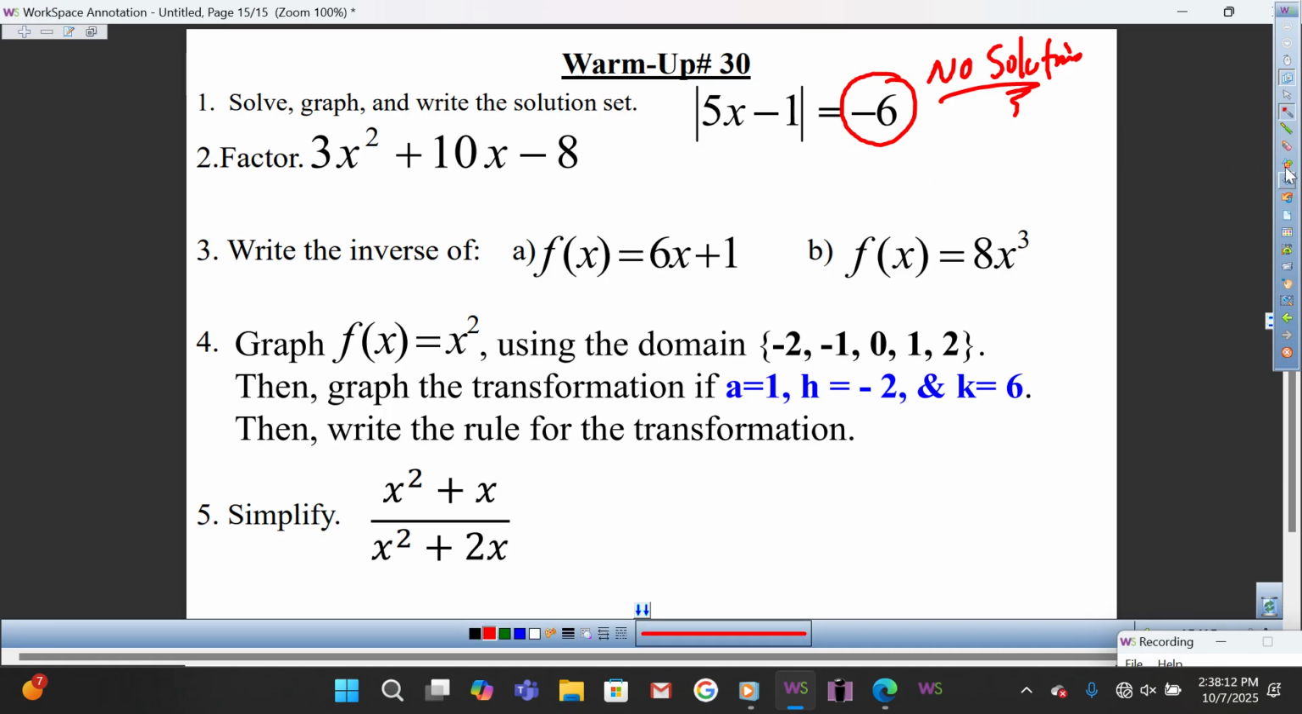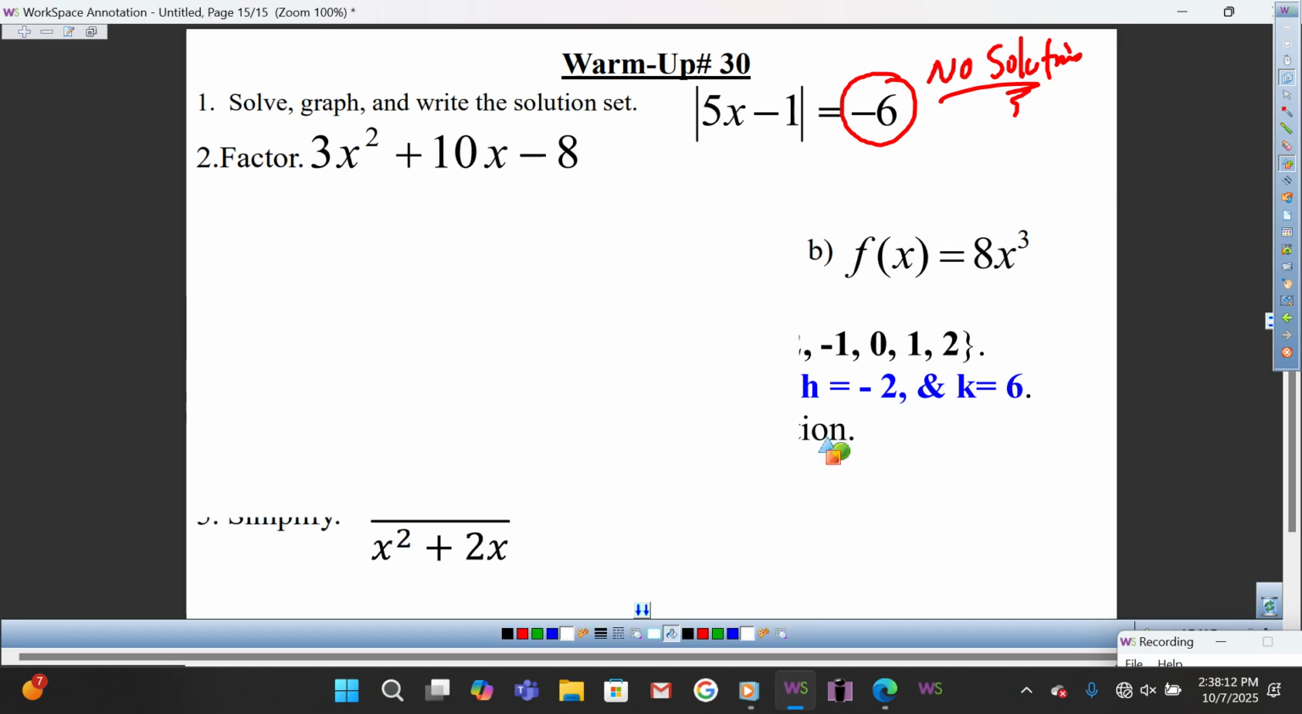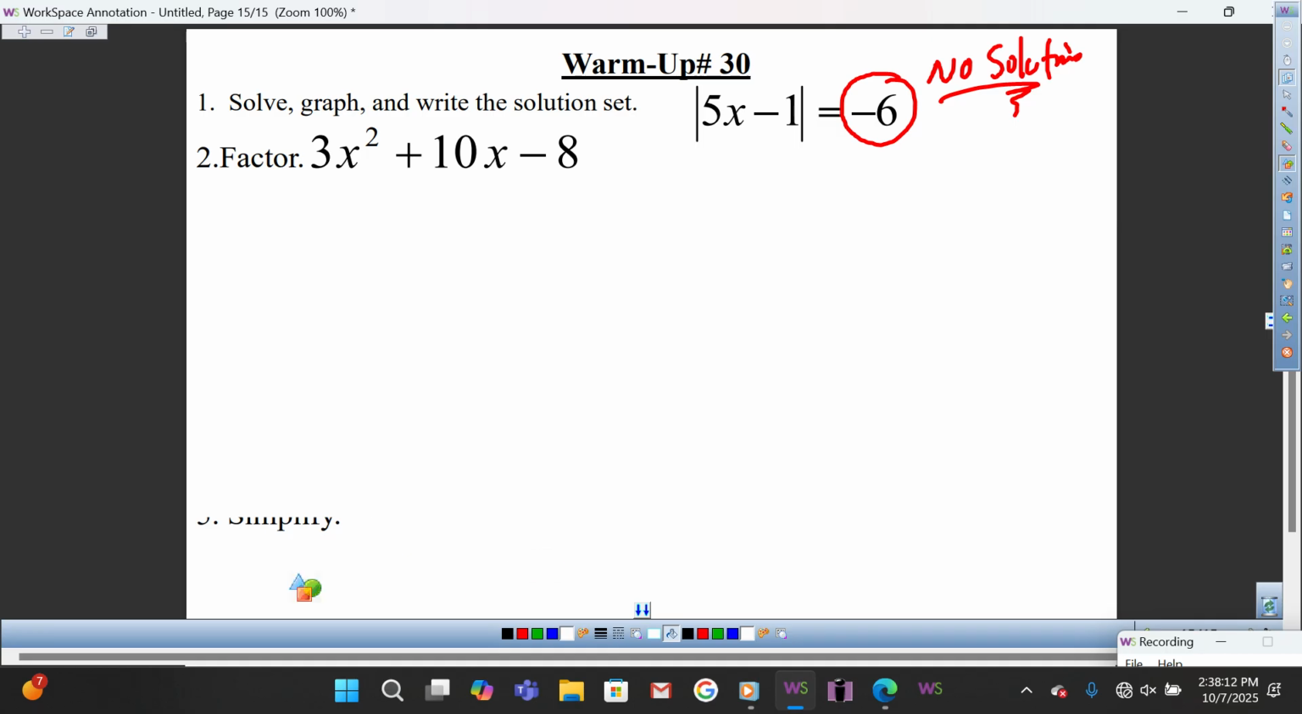All right, let's go to number two. I'm going to give you plenty of practice with factoring because we're about to get into a new concept coming up pretty soon. So here we go. First things first, can I divide 3, 10, and -8 by a certain number? No. So therefore,